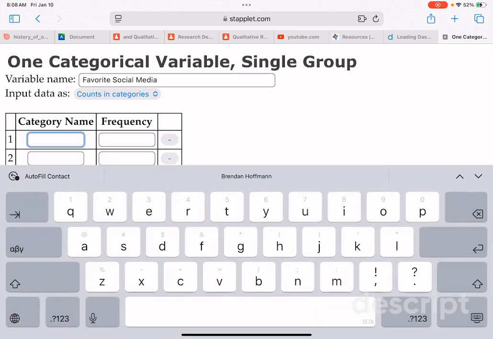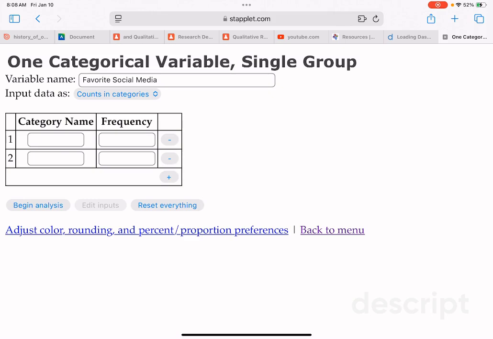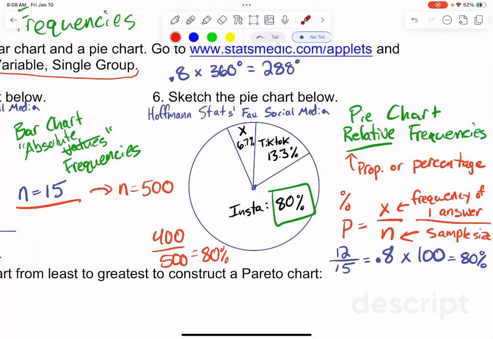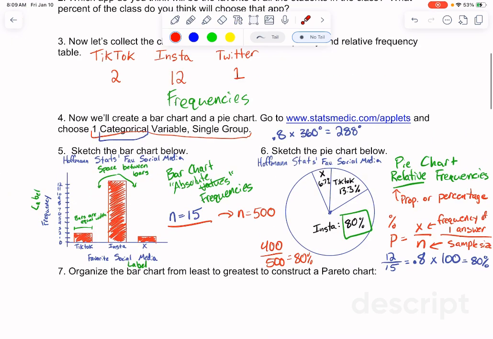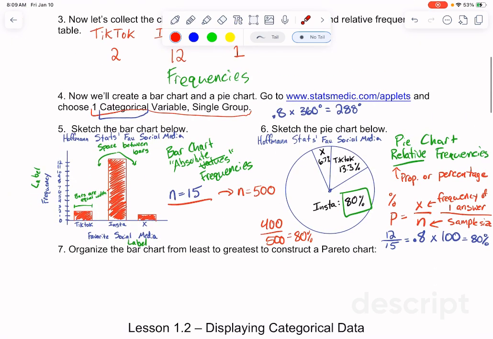So all you need to do, use your Statlet, use the website, copy down the pie chart, just sketch out what it looks like on the computer, and that's what we'll do. We'll just call it a day from there. There's not going to be any involved test questions about making a pie chart by hand or anything like that. So just sketch your pie chart from technology, and that is completely fine for this class.